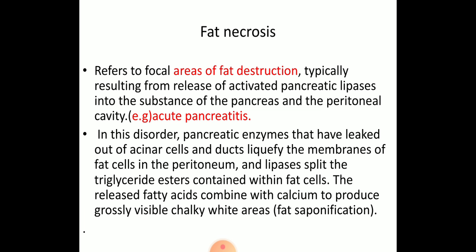Now fat necrosis refers to focal areas of fat destruction, typically resulting from release of pancreatic lipase in case of acute pancreatitis. What occurs in acute pancreatitis? Pancreatic enzymes, that is pancreatic lipase, leak out of acinar cells and ducts and liquefy the membrane of the fat in the peritoneum, and lipase then splits the triglyceride esters contained within the fat cell. The released fatty acids from the triglyceride now combine with calcium to produce grossly visible chalky white areas